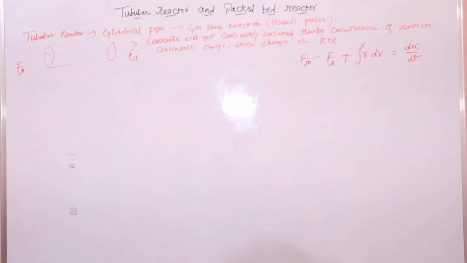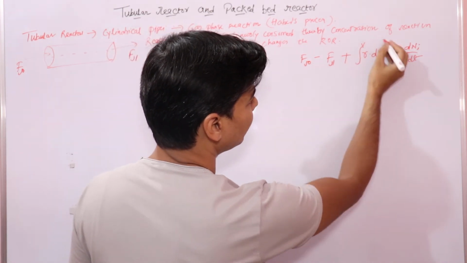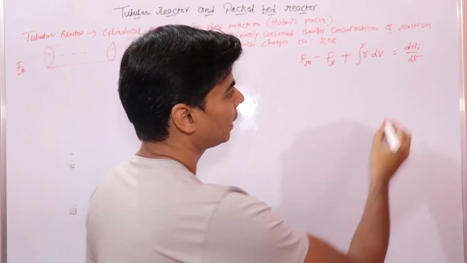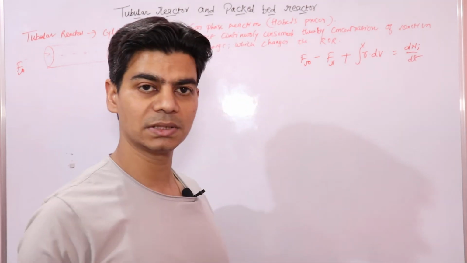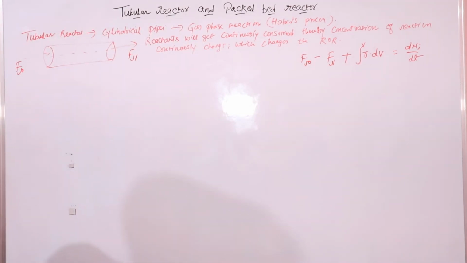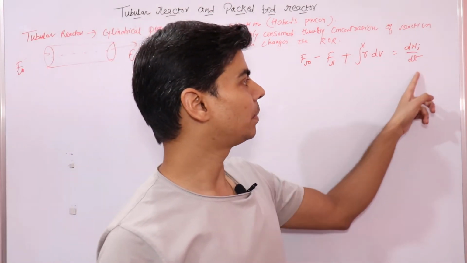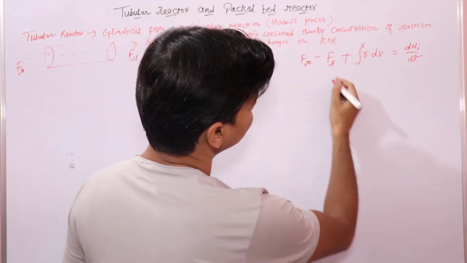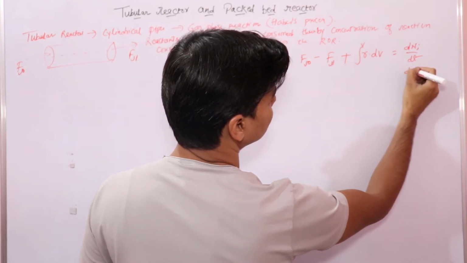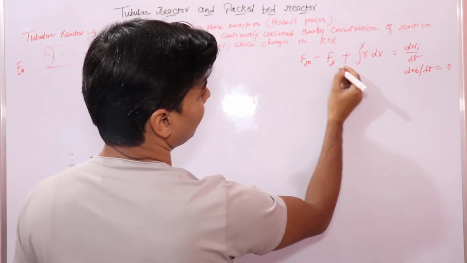In this mole balance equation, we need to find the rate of generation term that depends on the rate of reaction. And this dNj upon dt, that is the rate of accumulation inside this reactor, would be 0 because reactants are continuously flowing. So this accumulation part would be 0. Let's write it: dNj upon dt is equal to 0. We need to find the generation term.